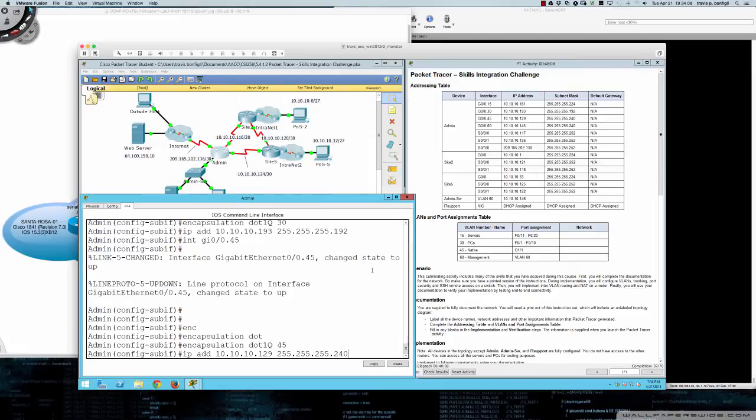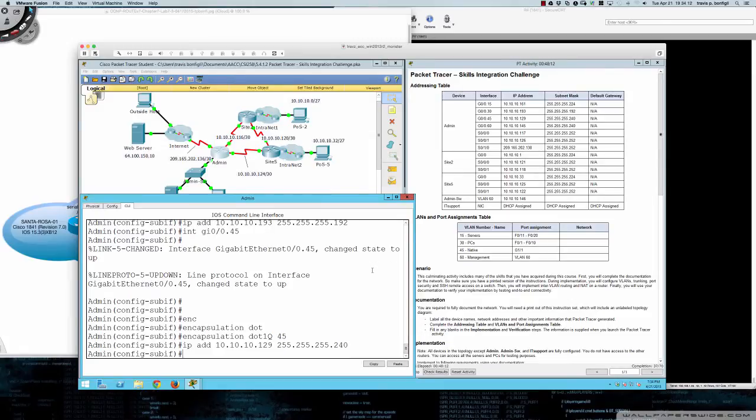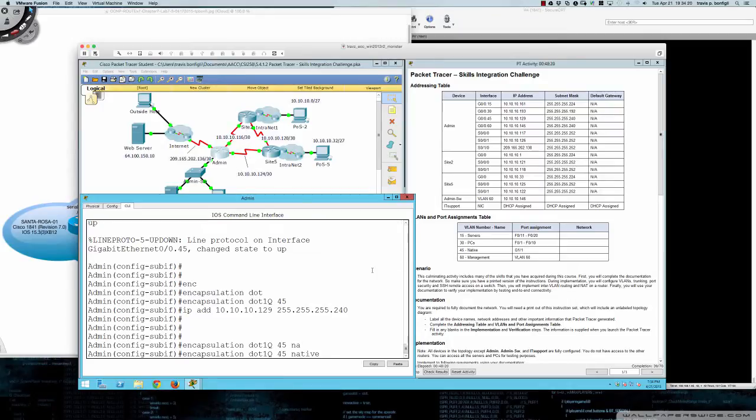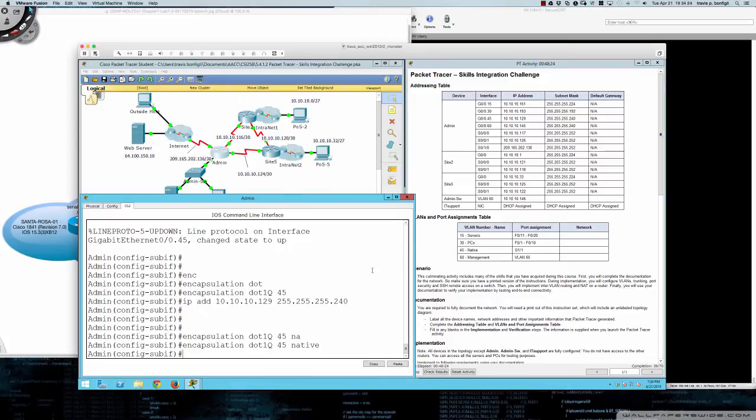And they're certainly exercising a wide range of subnet masks here. We've got all kinds of stuff going on. And actually, let me walk that back. Encap dot1q 45, and remember, 45 is the native VLAN. So we're going to tag that native keyword on there, and you can see it just clicked up a point. So that's definitely something we want to make sure we get on there. And then we're going to say